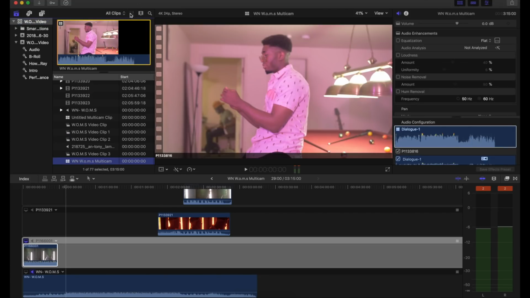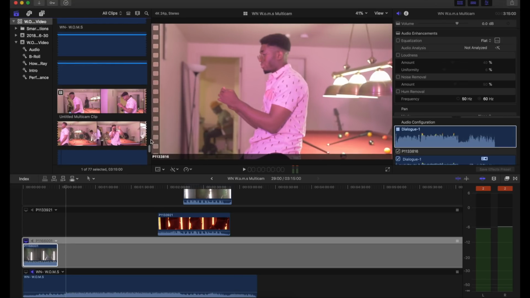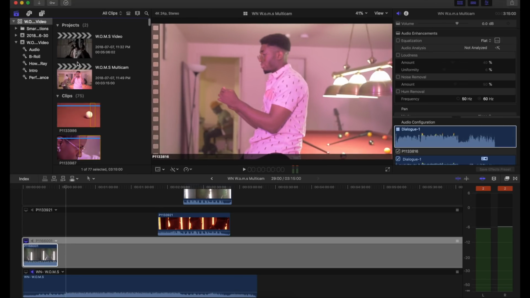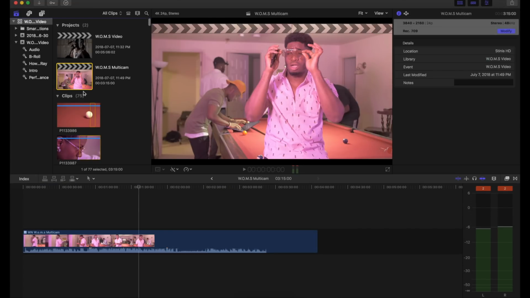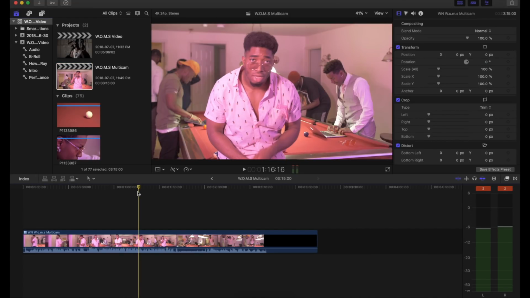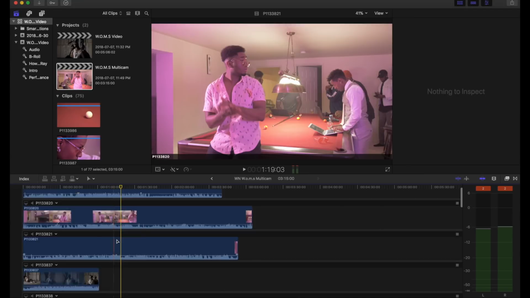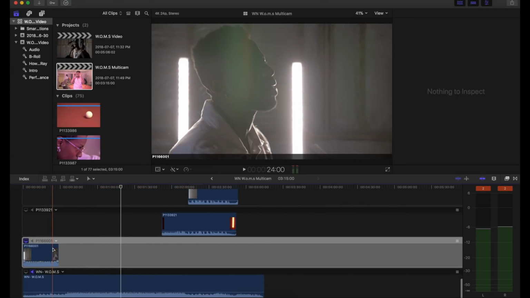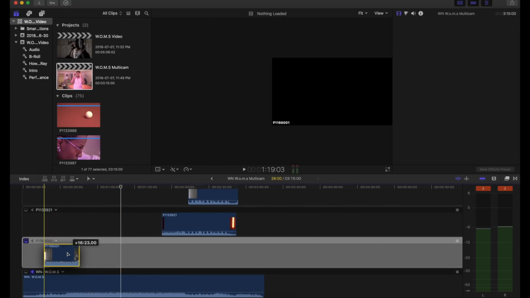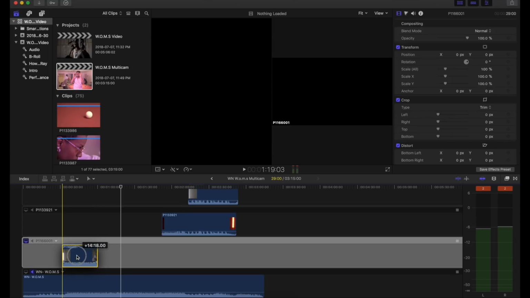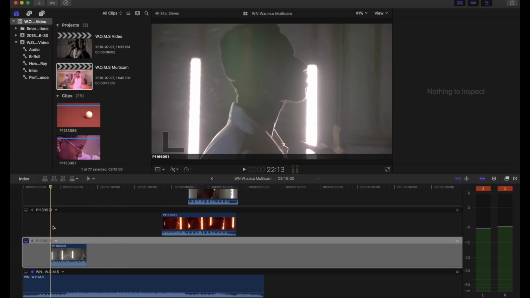I literally just clicked right here, just click that little space, scroll all the way to the top and go back to your project, and it's going to take you back out. So that's literally how I get out of this. I don't know if there's a better way to do it, but that seems pretty easy to me. To get back into it, double click, scroll all the way down to where we were, and let's see if it's working. See, now it's working. I don't know why it does that, but that's just a little troubleshoot.